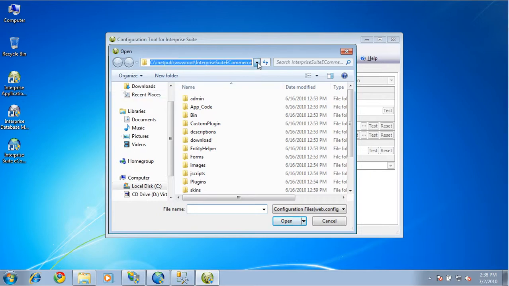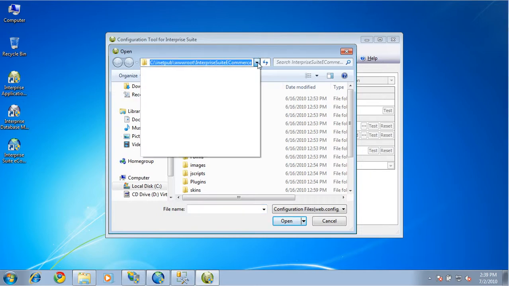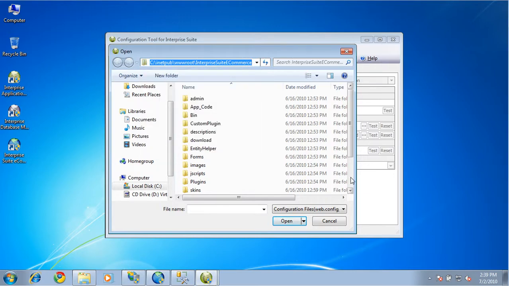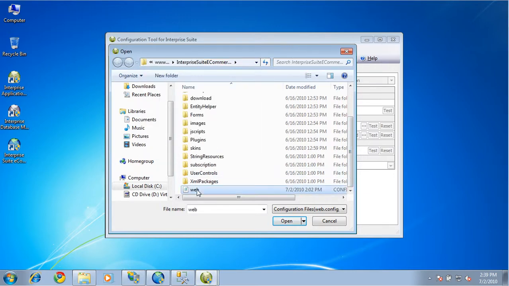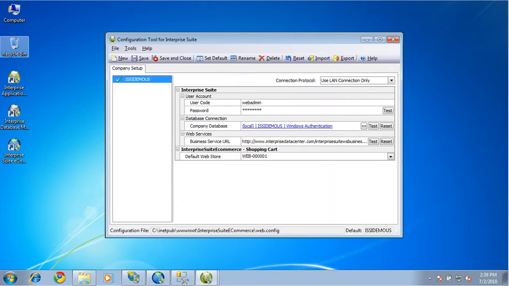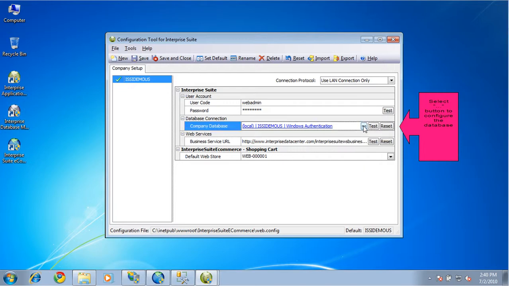And in this case, it is in the inetpub wwwroot Enterprise Suite e-commerce folder. I'll scroll down to the bottom and choose the web config file and choose open. And let's discuss all of the components that we'll need to set up here. Okay, first and foremost, we'll want to choose the ellipsis button here, the More Options button, to configure that and